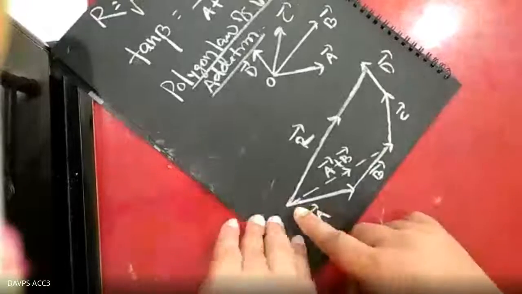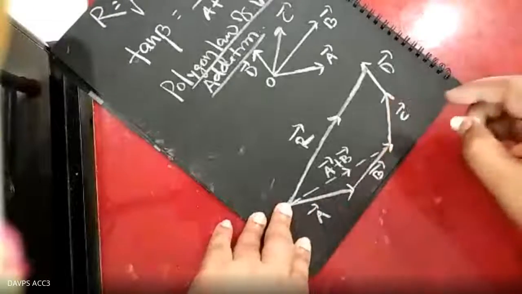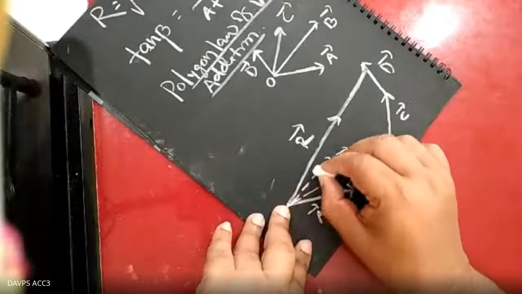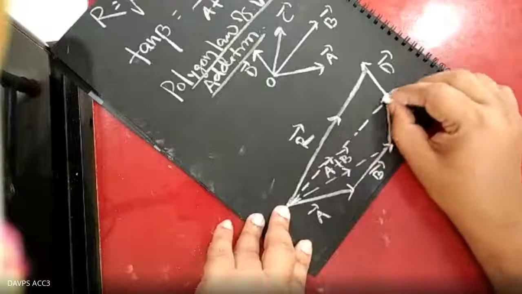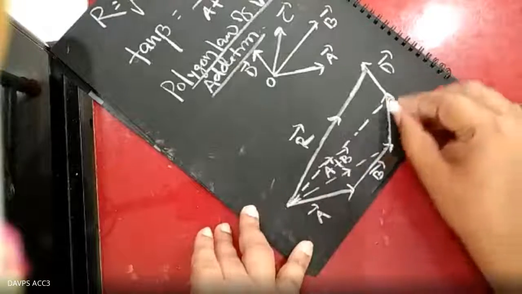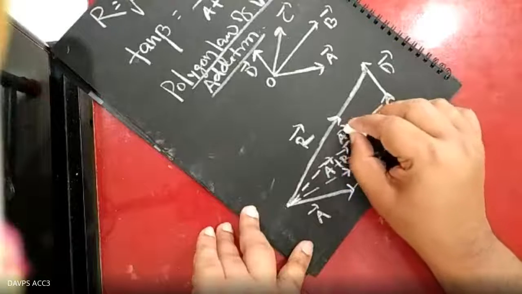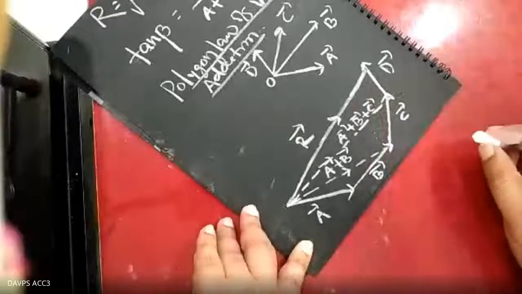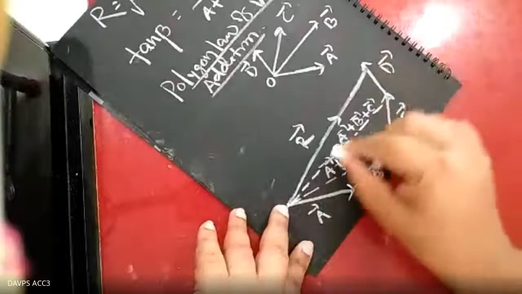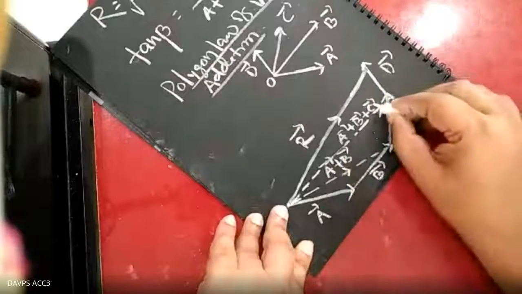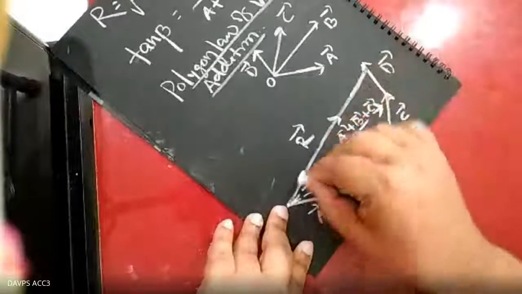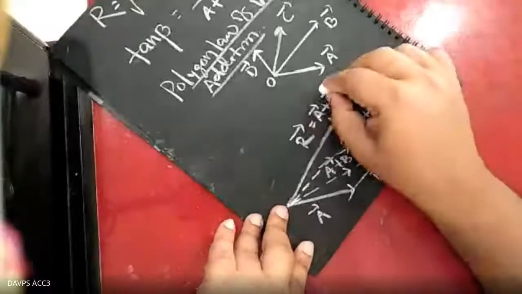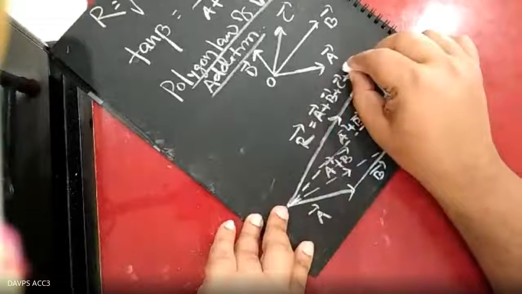Again, A vector plus B vector is a vector and C is another vector. From this it makes a triangle. So another triangle, you just plot it here now. From this triangle, you are getting A vector plus B vector plus C vector. Again, finding another triangle, and all A plus B plus C are in order, and D is also in order. So this resultant becomes A vector plus B vector plus C vector plus D vector.